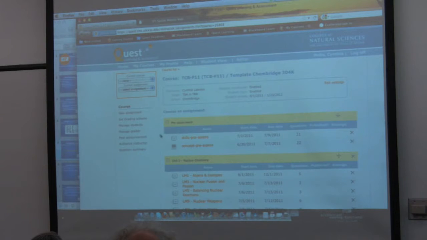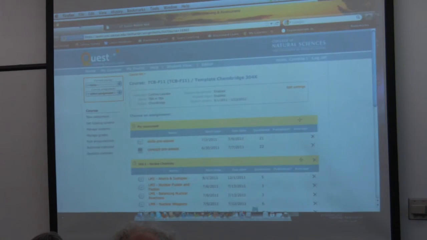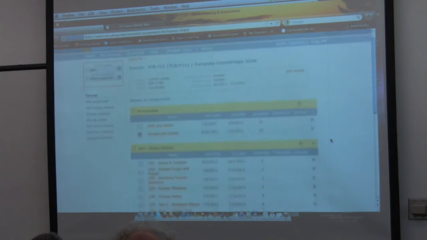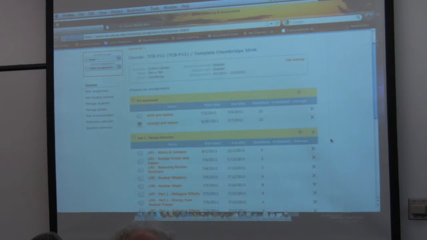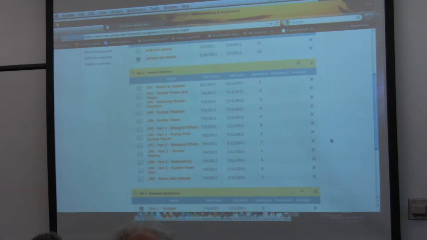Mine, I mean, the interface looks very, very similar, but I've just started setting this one up for this next year. And so I've got a pre-assessment where I'm going to have the teachers give all the students a skill pre-assessment and a concept pre-assessment, sort of like what Sasha was talking about before, but for chemistry concept questions. Then the first unit is on nuclear chemistry, and so it looks a little out of order right now, but